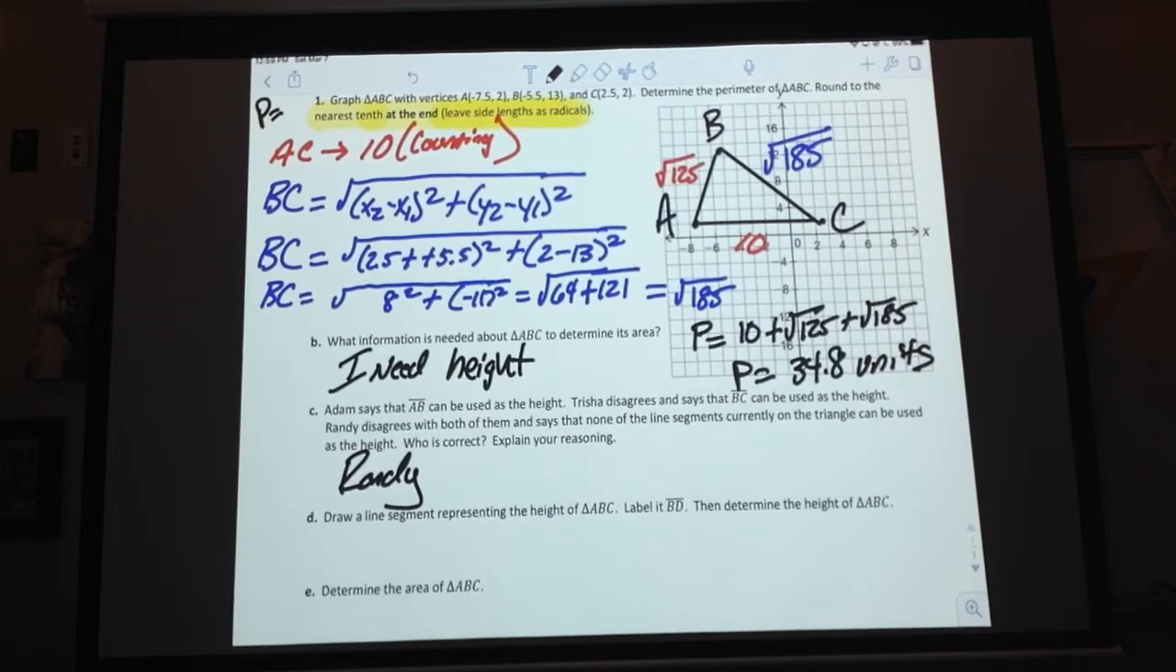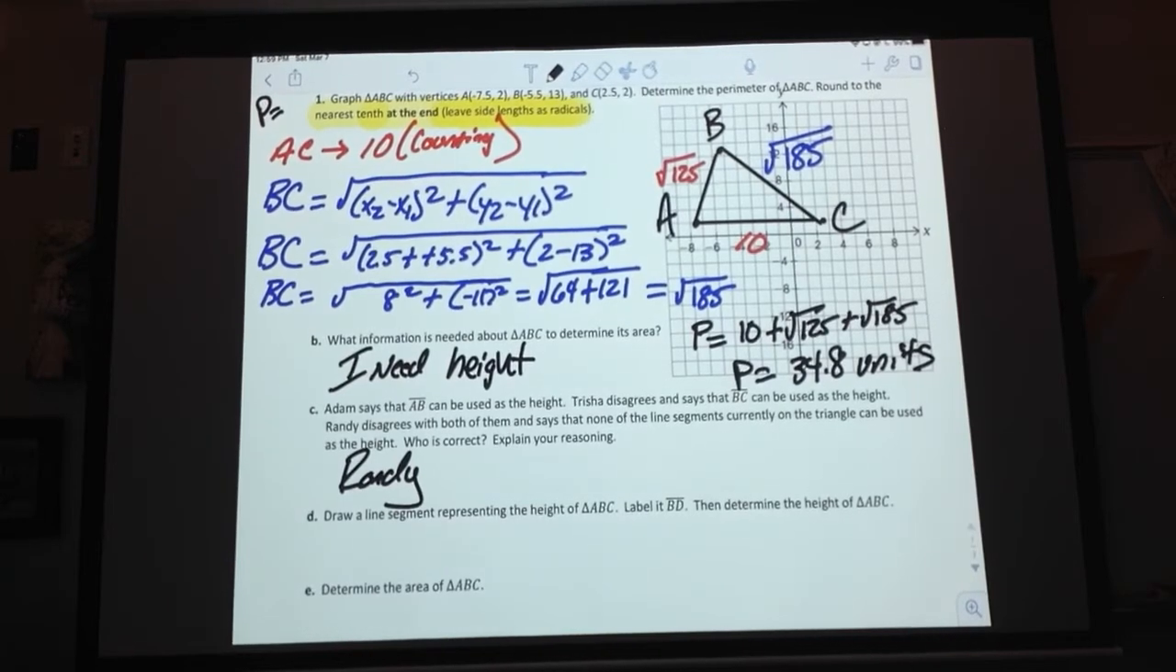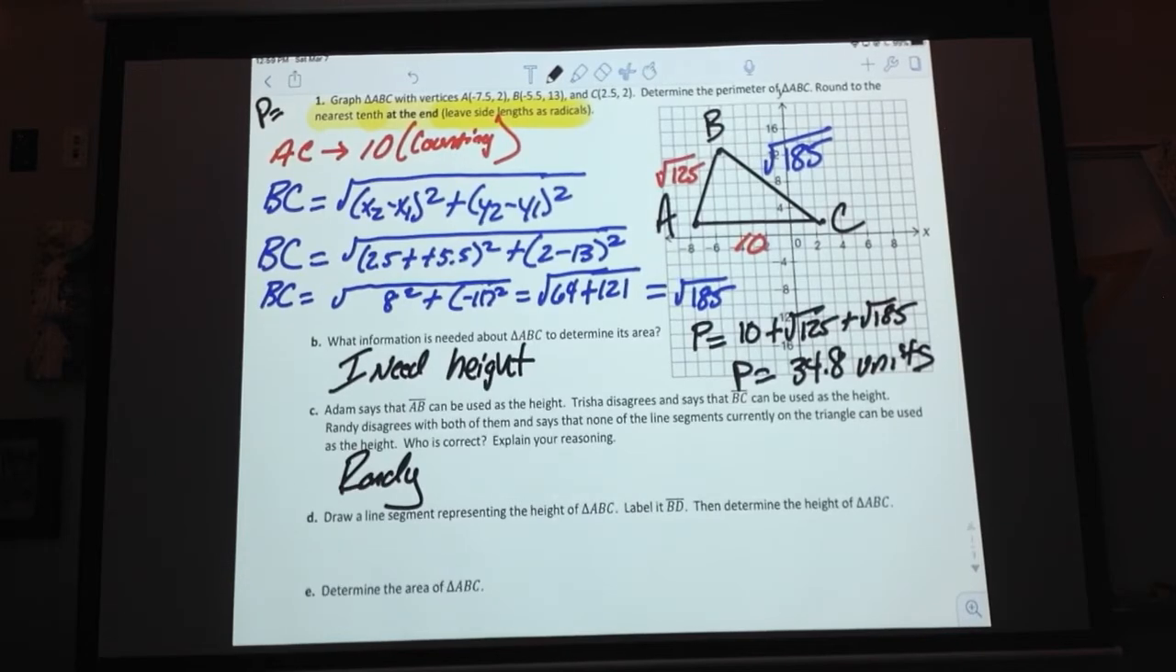And I want you to think about the room you're sitting in right now. You look at all the walls and they are perfectly perpendicular, meaning that they form a 90-degree angle at every corner. They're not slanted. If you look at AB and BC, both of those are slanted towards AC. They're not 90-degree angles at angle A and angle C, or angle B. There are no 90-degree angles anywhere inside that triangle. So Randy is right because the height